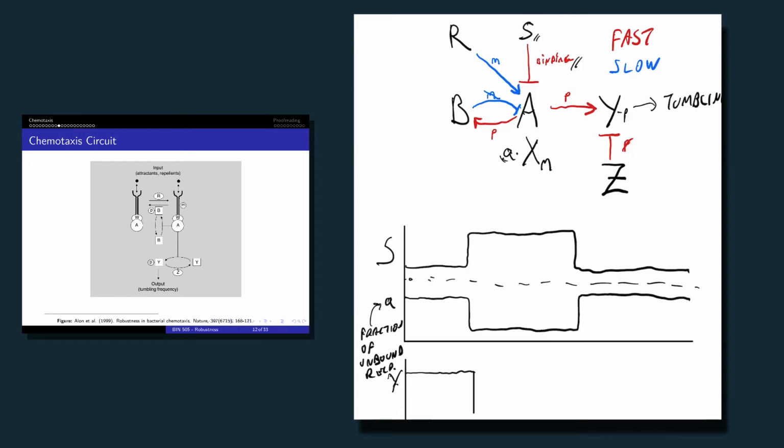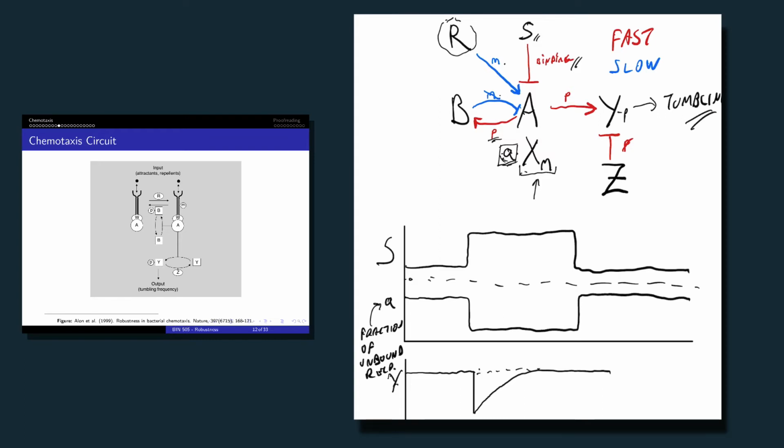But what's also going to happen is the amount of B phosphorylated is going to drop very fast as well, because B is obviously being phosphorylated by A. In time though, since R is working slowly to methylate A, even though the amount of unbound receptors doesn't change, more of them and more sites on more of them will get methylated. But remember that this is slow, so it will happen slowly, and Y will come back up in time, hopefully to the same steady state,